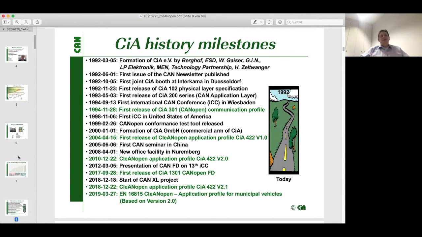So let's say a specific flavor of using the CANopen communication profile and application layer. So we still maintain this document. We did further developments. In 2010, we published CiA 422 in the second edition. And as I've already said during our pre-talks, we submitted this document then to CEN for standardization, and we had in 2019 the EN standard EN 16815, the CANopen application profile for municipal vehicles, as I said, based on CiA